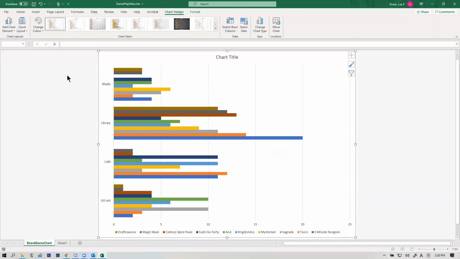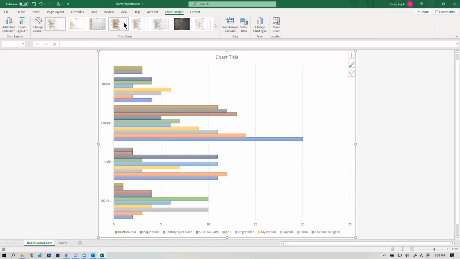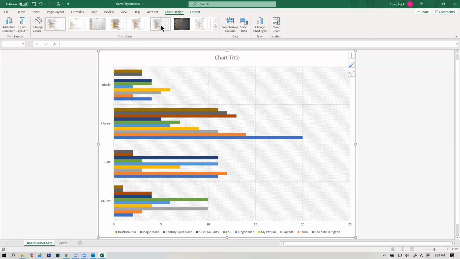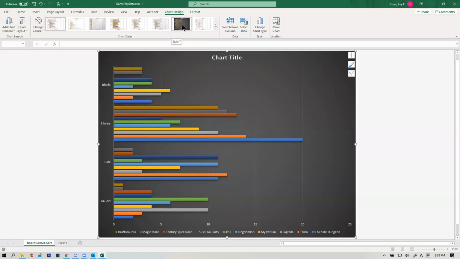Now let's talk about the chart types. Up here are some different chart styles, and we have the default style, but if I hover my mouse over each different style, you'll notice it shows me a variety of colors and patterns and designs, different ways that this chart could look. Let's say eventually I want to put this chart into a PowerPoint, and I might be displaying it on an overhead projector. So maybe I want to use a black background or a dark background with light text, and that would display better on a projector. So I'll just click and select that one, and now my chart is formatted in that style. It's a great way to format the whole chart.